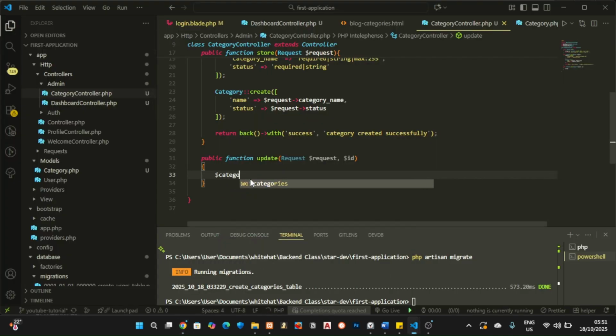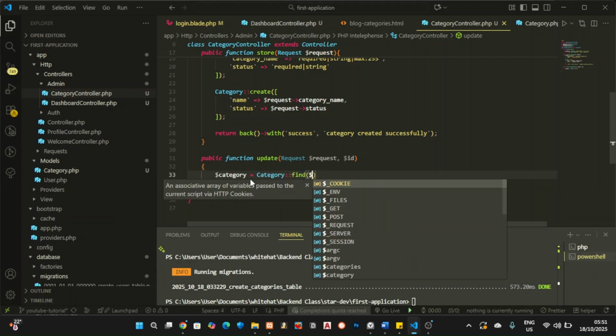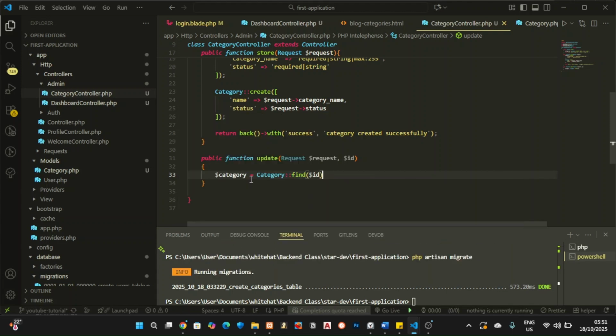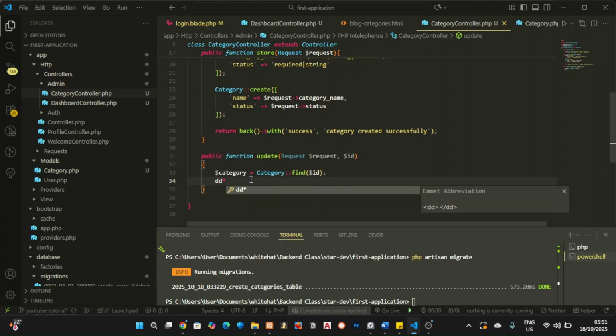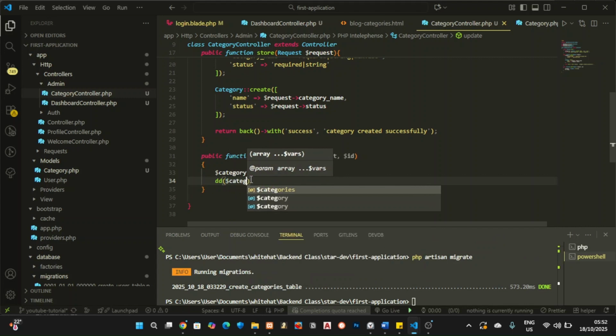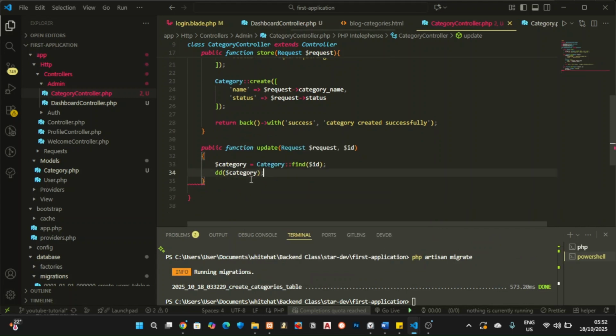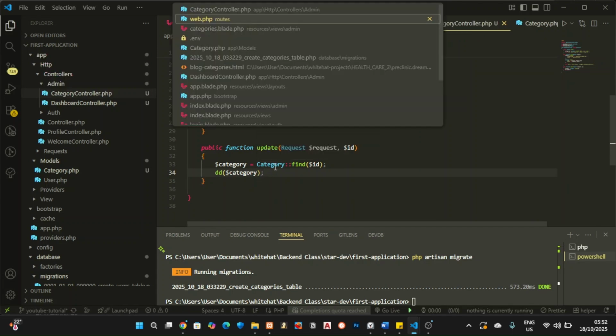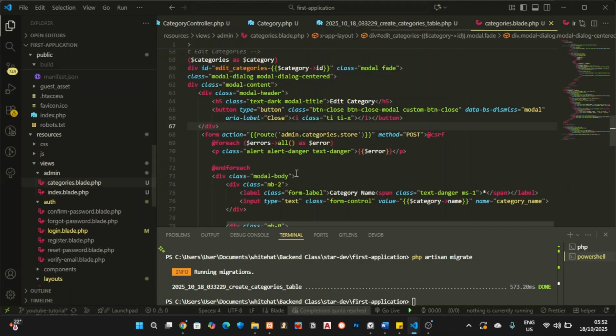So category is equal to, inside the category model, we find this particular ID. I'm just going to DD this category to confirm that it conforms with what we are sending from the form